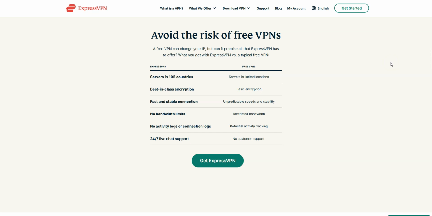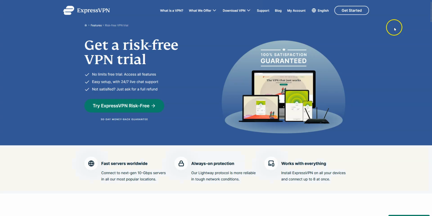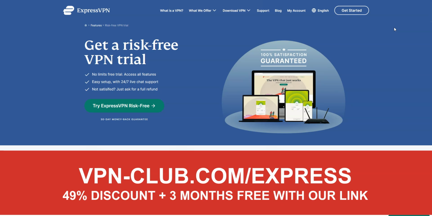Don't even think about free VPNs. Free VPNs are not very effective at unblocking restricted websites and apps. They're also unsecured and very slow. The worst part is that some of them can easily be detected by your network administrator. Best to forget about them. This is why I recommend using ExpressVPN, which is by far the easiest and most effective way to unblock apps like TikTok.